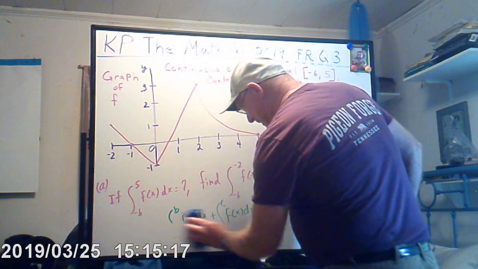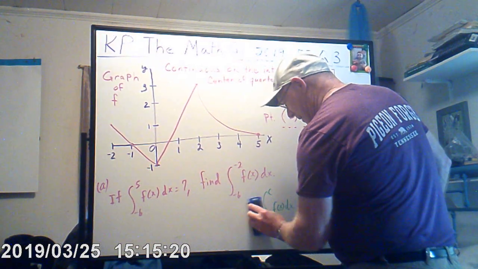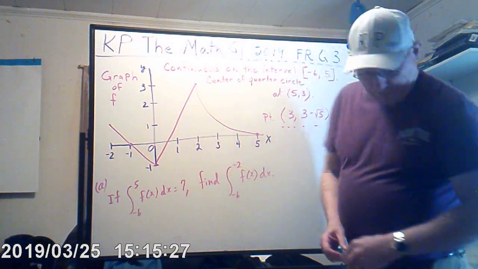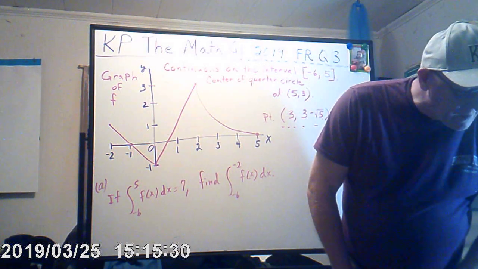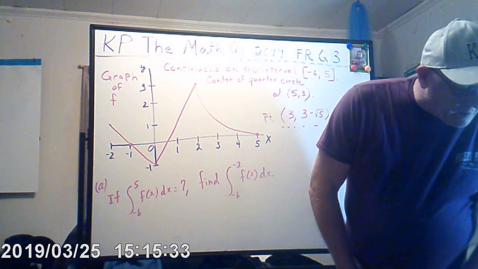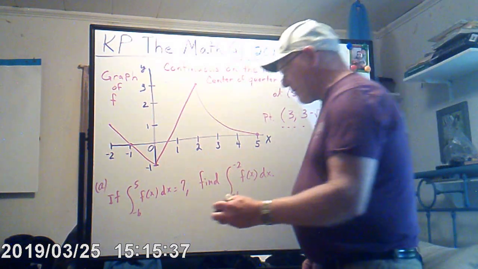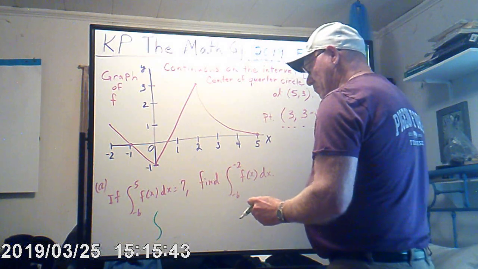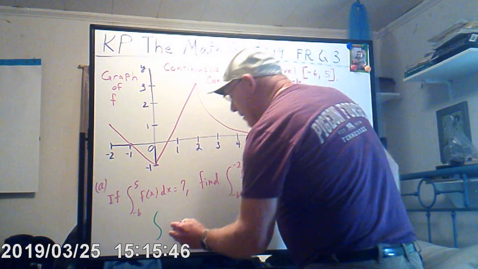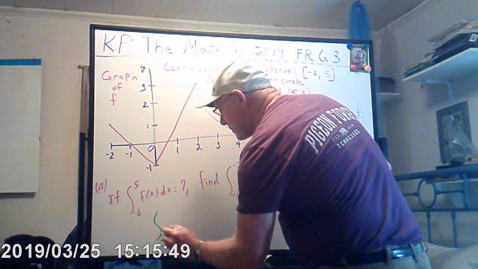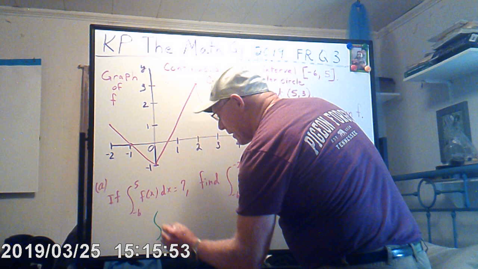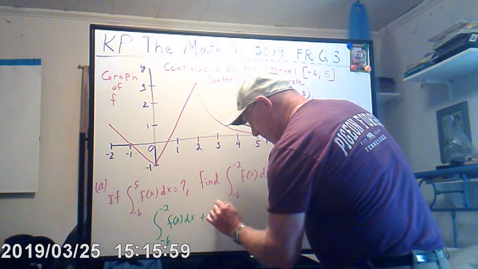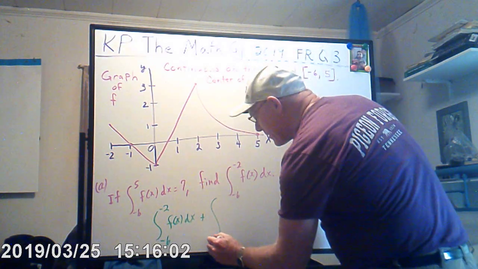Alright, let's see if we can follow that. We're going to probably, no doubt, have to flip the board over back and forth, I'm sure. So let's see what we got here. What we're going to do here is this. We're going to say, from -6, oops, to 2. This is what we're trying to find anyway, isn't it? The integral of f of x dx. Now, if we can add to that, maybe negative 2